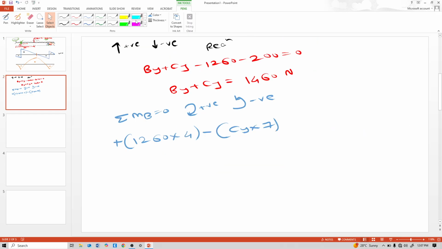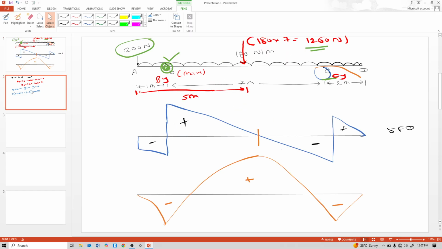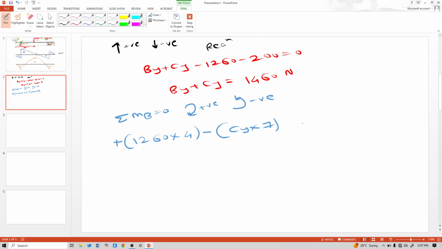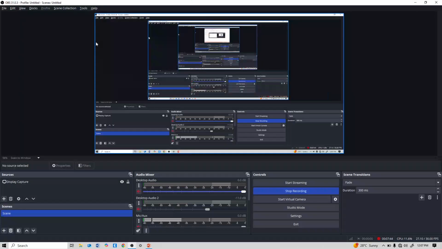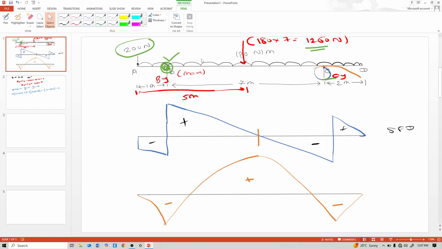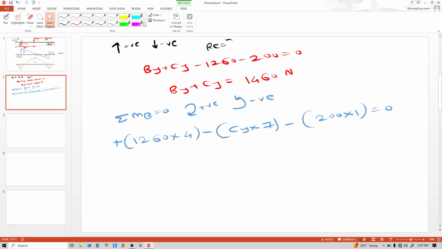So minus 200 into 1 equals 0. So this Cy is equal to